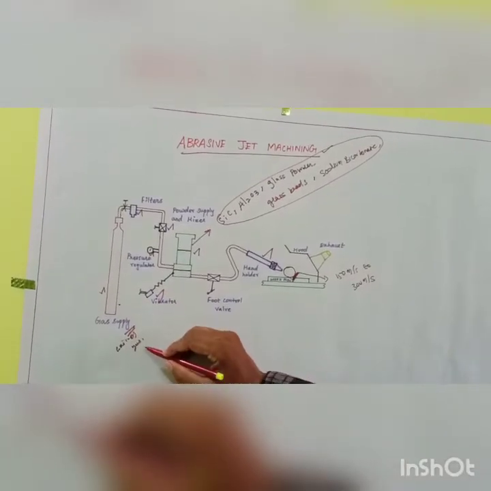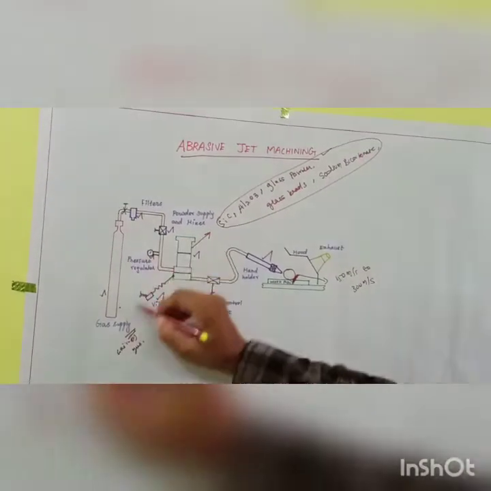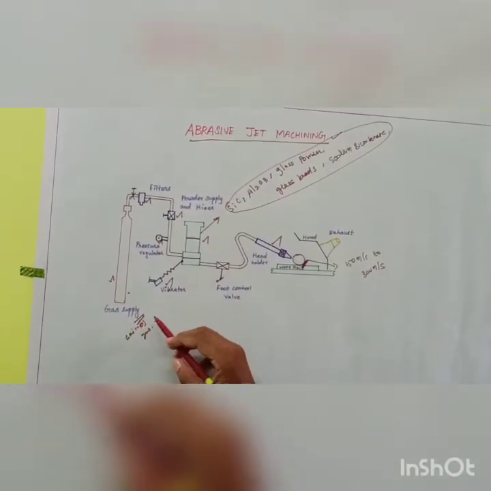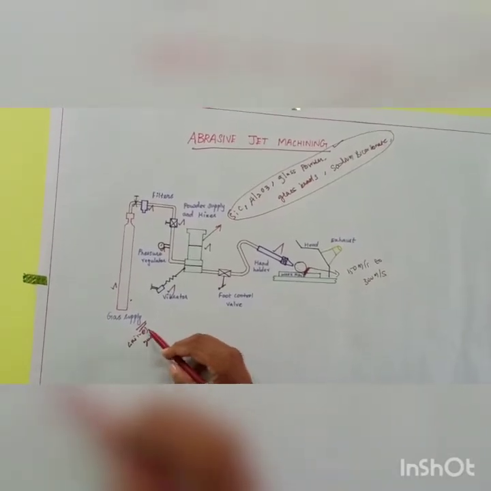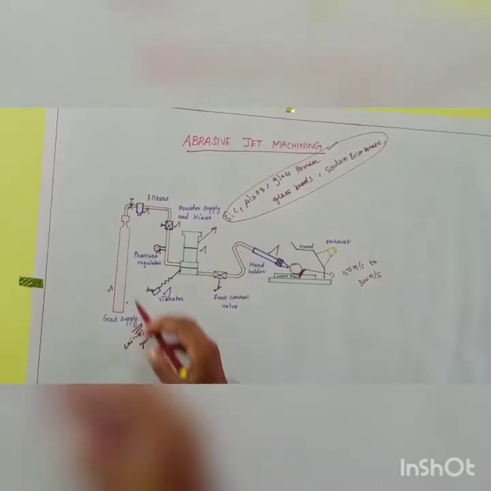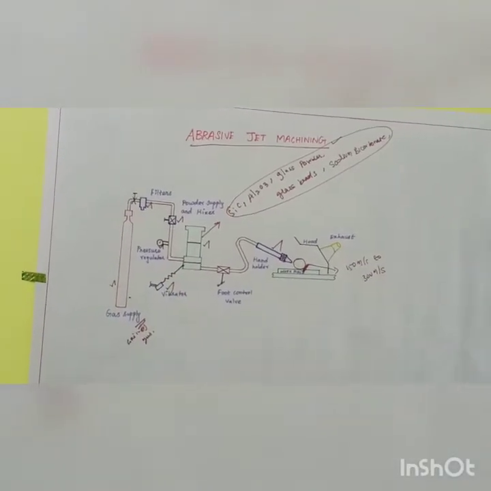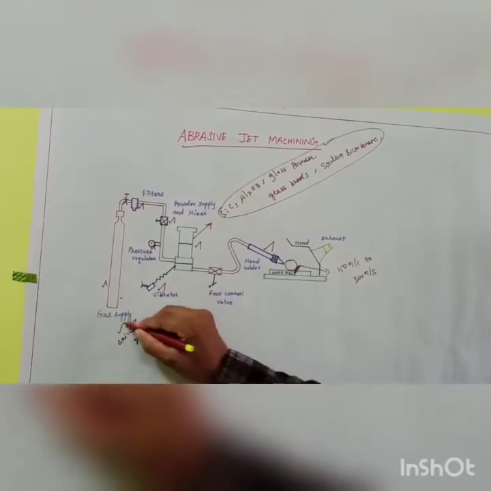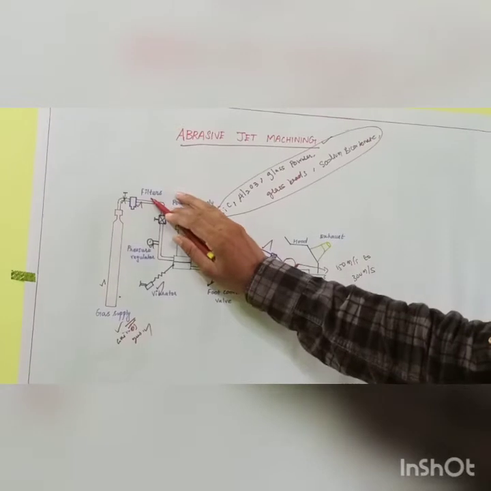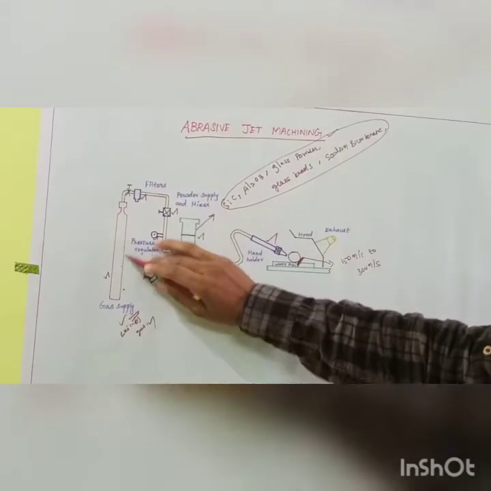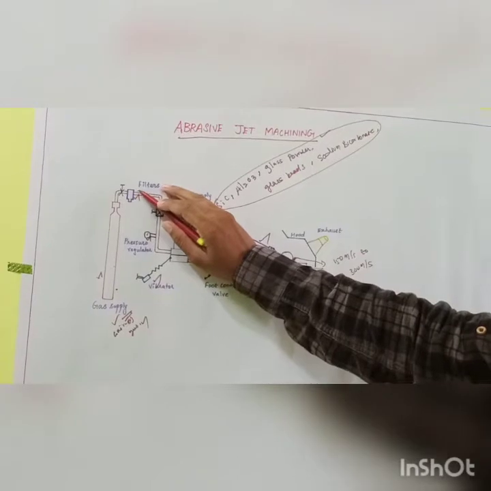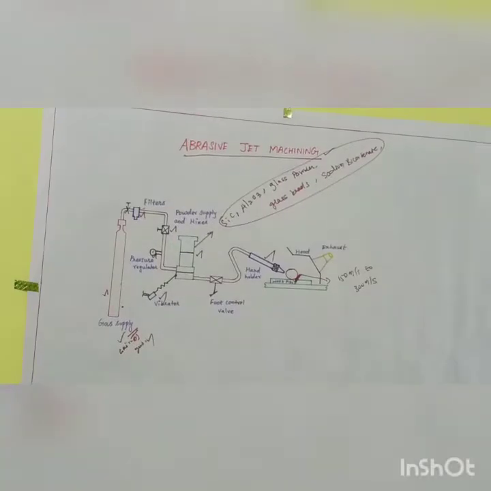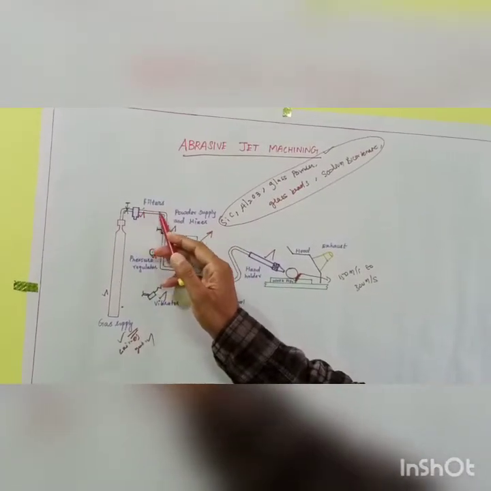Here, dry air or gas is used, mostly air, carbon dioxide or nitrogen, because of its availability, low cost, and non-toxic property. Then the filter: compressed air is sent to the filter to remove unwanted particles and dust particles, and clean air is